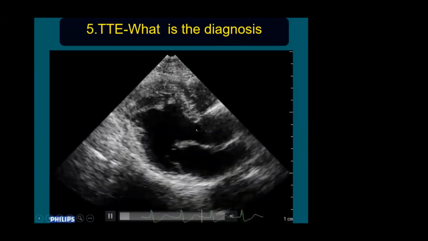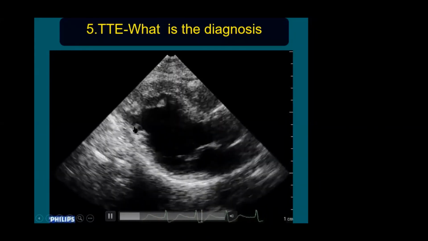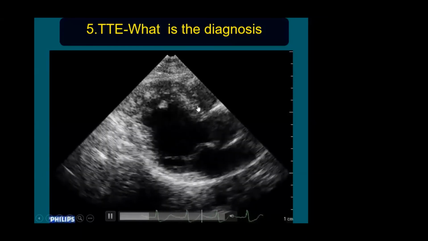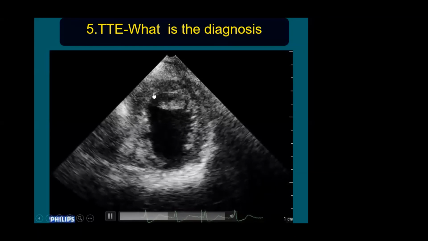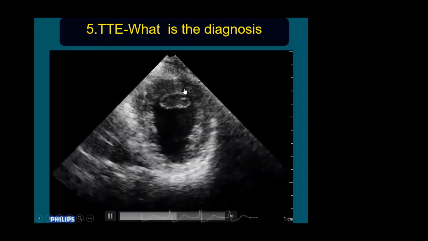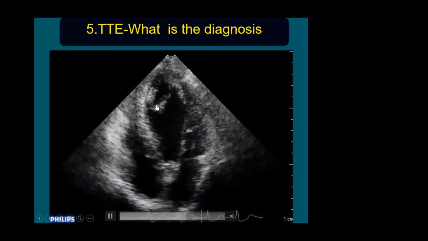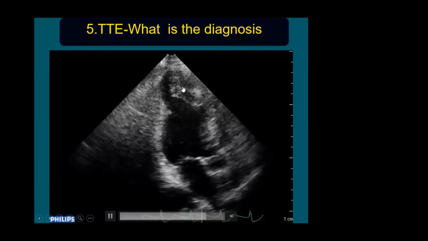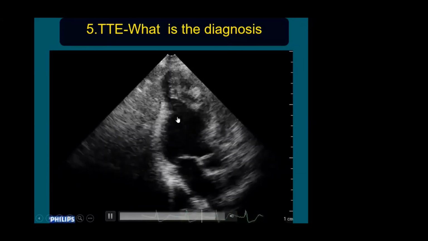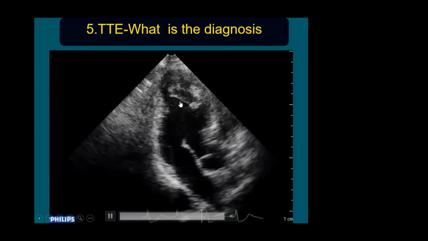And of course, this is easy. This is a patient with anterior wall myocardial infarction. The basal portion is spared. You can see wall motion abnormalities in the left ventricular apex and the lower 2/3 of the interventricular septum. There are masses with echolucency and dense echoes. This is a fresh thrombus which has formed in a patient with acute anterior wall infarction.